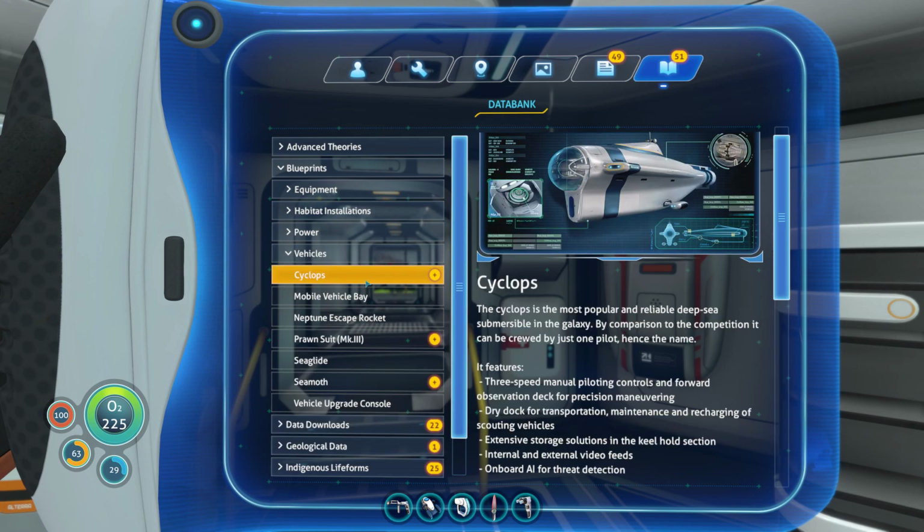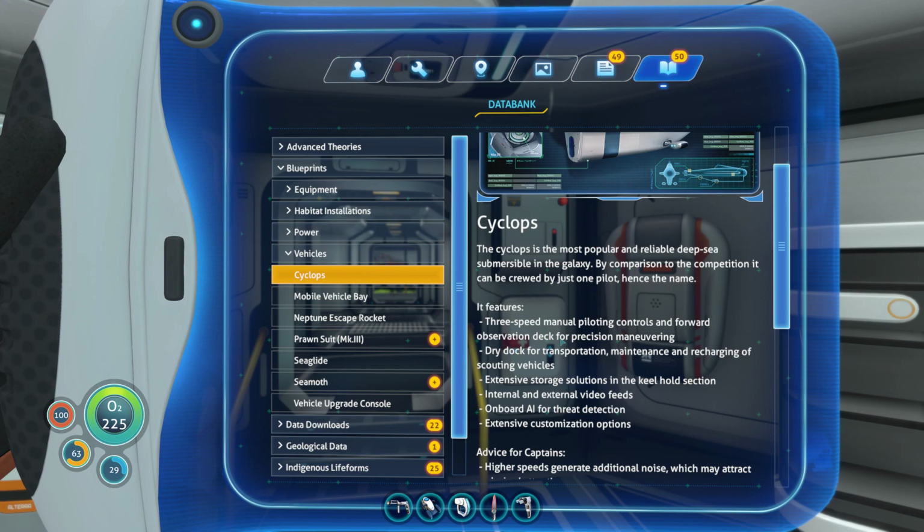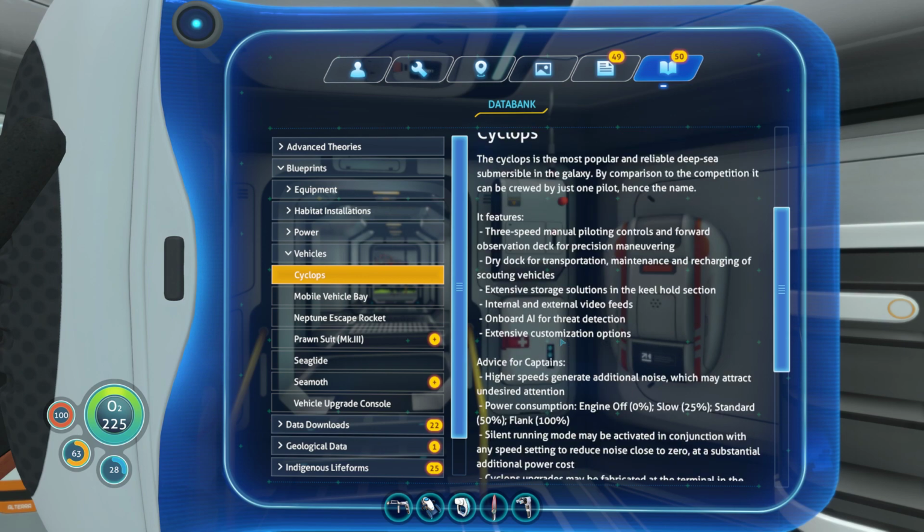Vehicles. Cyclops. The Cyclops is the most popular and reliable deep-sea submersible in the galaxy. By comparison to the competition, it can be crewed by just one pilot, hence the name. It features 3-speed manual piloting controls and forward observation deck for precision maneuvering, dry dock for transportation, maintenance, and recharging of scouting vehicles. Extensive storage solutions in the keel hold section, internal and external video feeds, onboard AI for threat